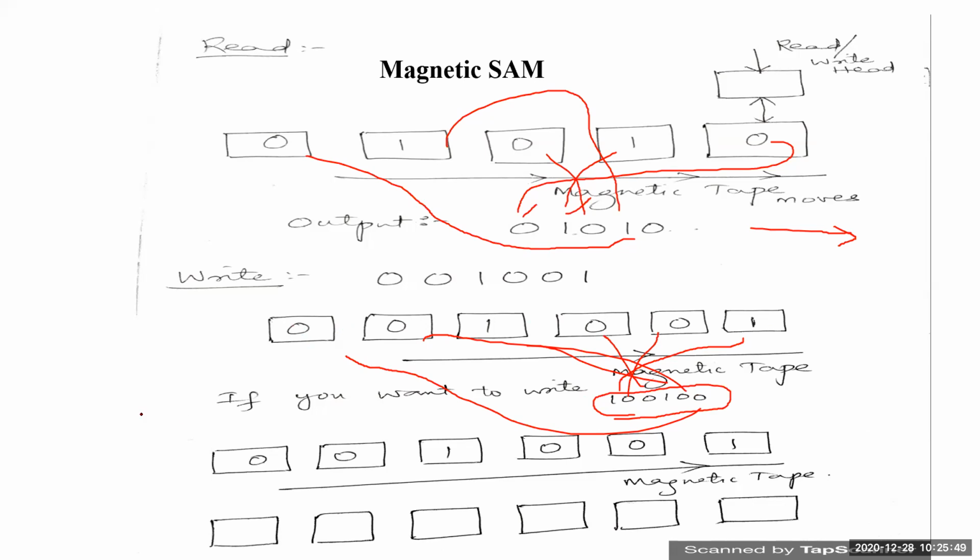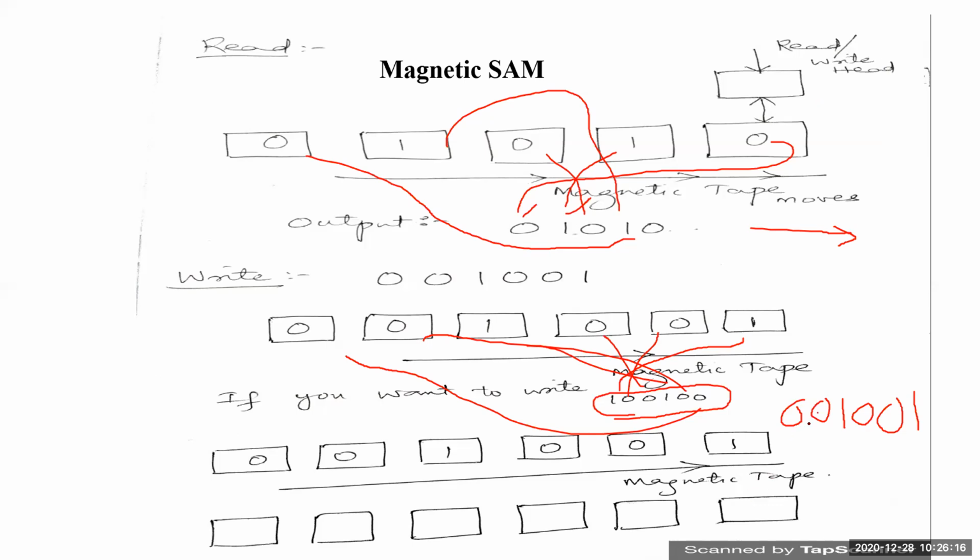In the same way, let me assume that now I'm having another data. Let me take some for the 6 cells. If I'm having 0, 0, 1, 0, 0 and 1, if this is my new data, which has to be written onto this particular magnetic tape with the read write head. I assume that there is a read write head over here. This is a new block I have kept for this particular operation.